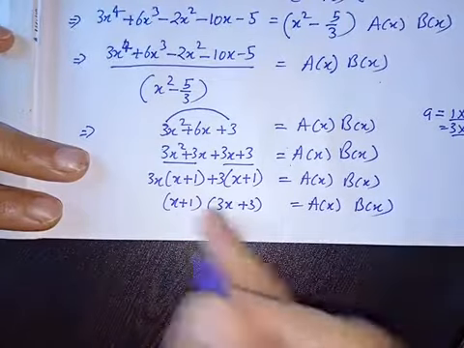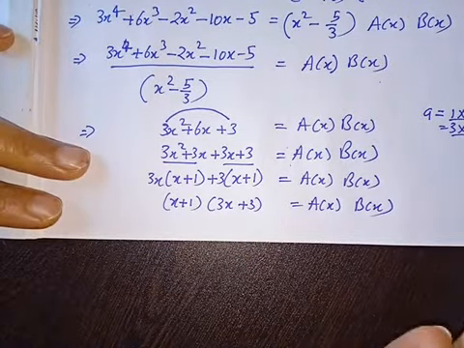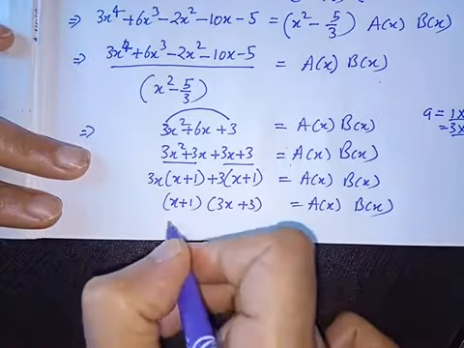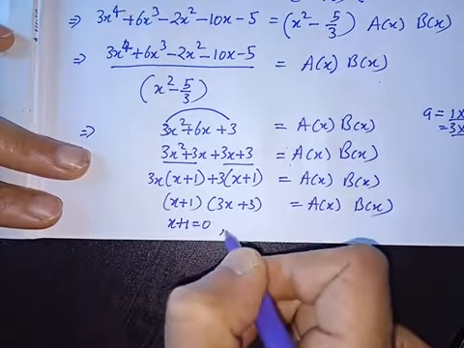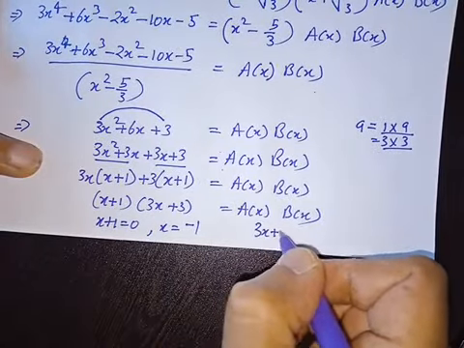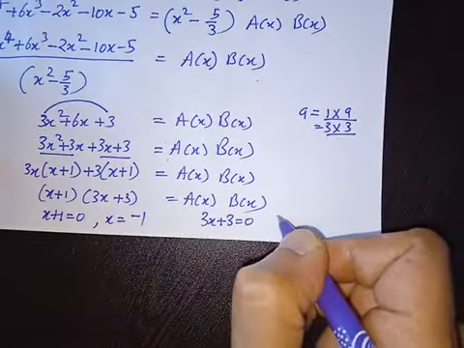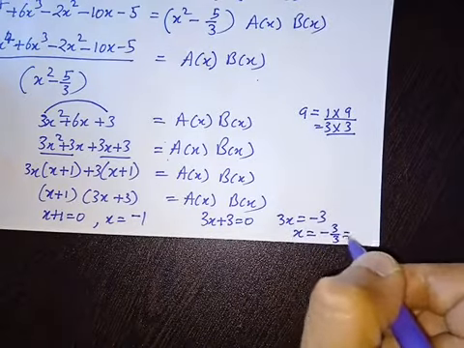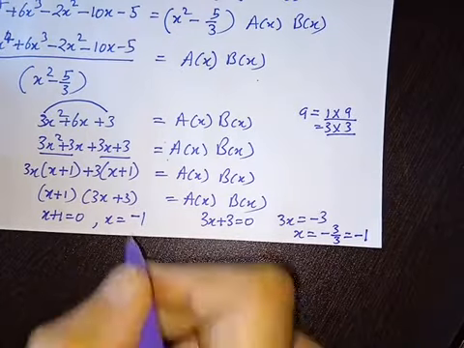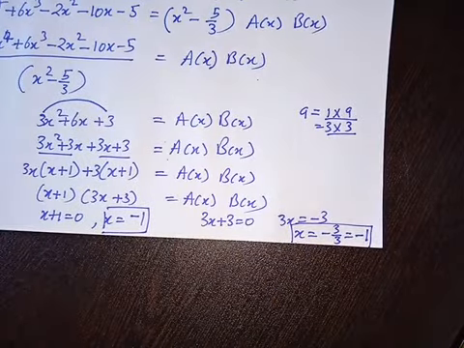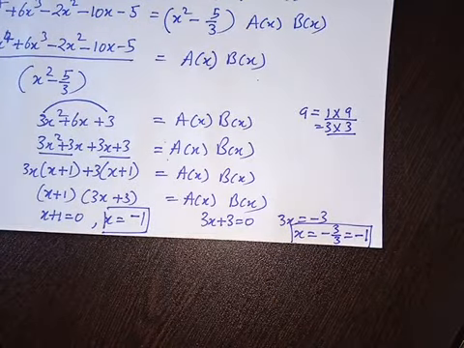So out of these two, one is ax and another one is bx, but we have to find the zeros. We are not supposed to stop here. So the remaining two zeros will be: x plus 1 equals 0, hence x equals minus 1. And from the second factor, 3x plus 3 equals 0, that is 3x equals minus 3, that is x equals minus 3 upon 3, that is minus 1. So the remaining two zeros are minus 1 and here also minus 1. So this is how you have to do this sum, and this is a very important number 4 of exercise